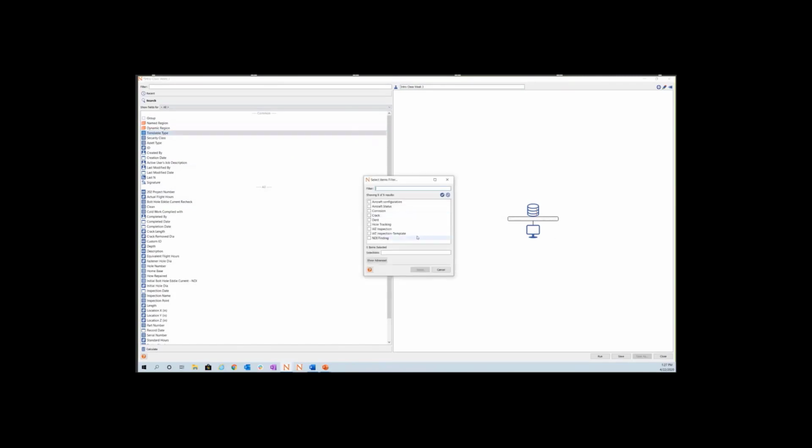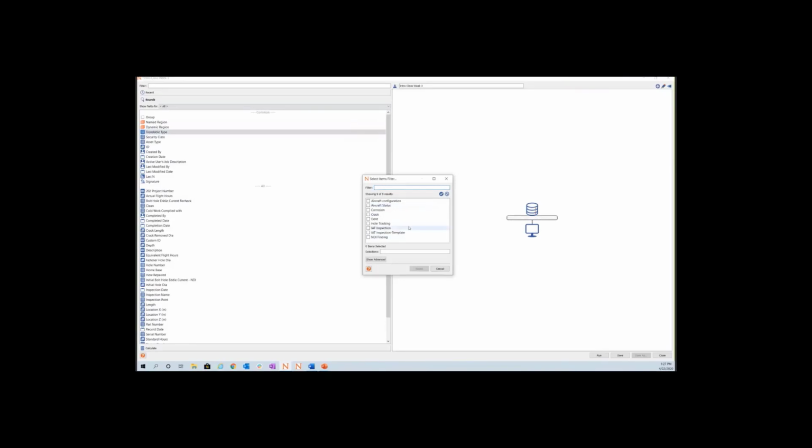And when we drop it, it brings up this new selected items filter. So we're only looking for corrosion trendable types. So we'll click that. If we wanted to see cracks or dents, we could also click those and add them in. But again, in this example, we're just looking for corrosion. So I'll hit select. It adds it in. We can run it from here. We can see that we get 34 results. If I save this and close it,